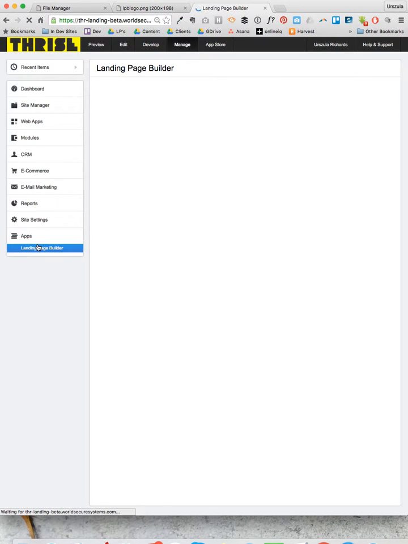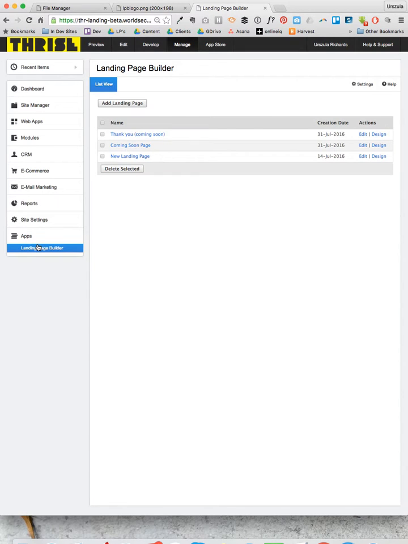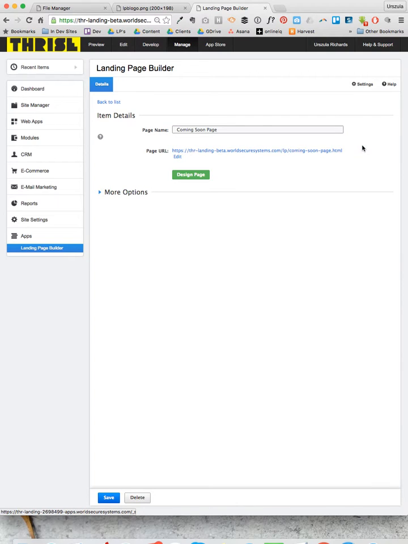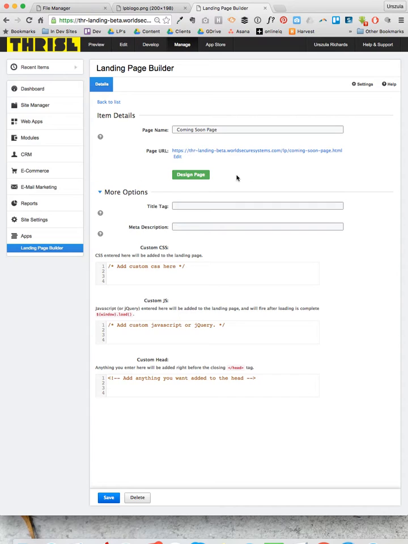But now that I know that all of those elements are ready to go, I can click on the coming soon page and start creating that. When you click on it, you've actually got two options here. You can click on edit, which creates a range of other options that you can add, or you can click directly on design page, which takes you to the editor. But before I do that,